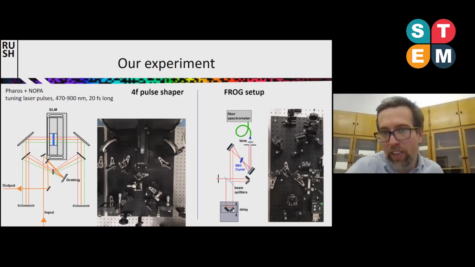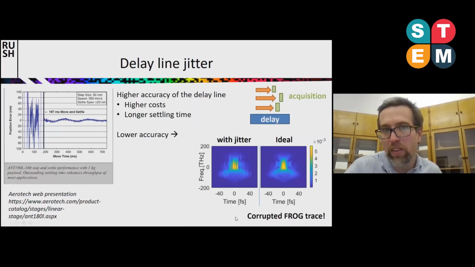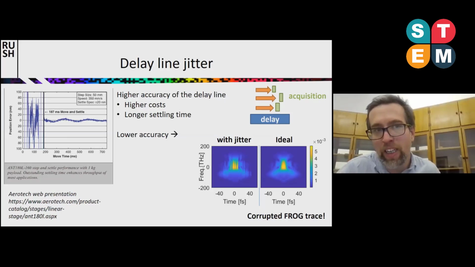So basically, you can see that to get the experiment right, there are several preconditions. You need to be able to set timing between these two pulses, and this is done by this delay line here. But setting the precise position of the delay line takes time, right? You tell the delay line, okay, move to this position, and it moves there.